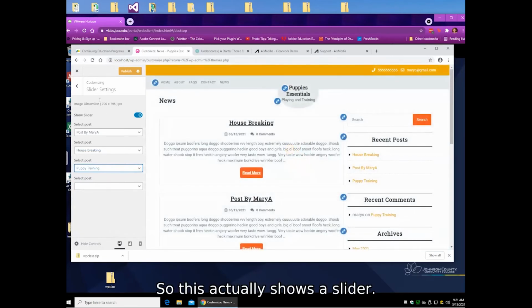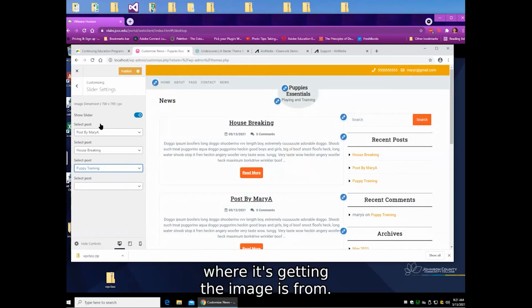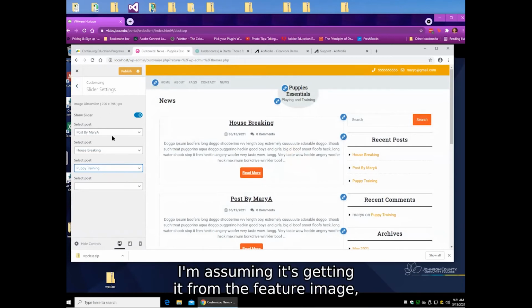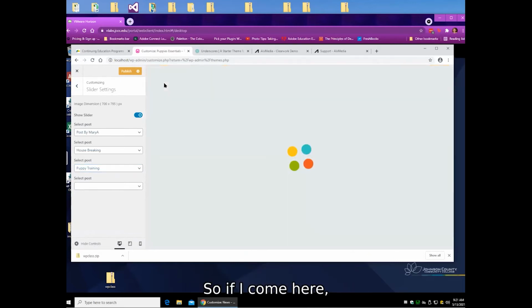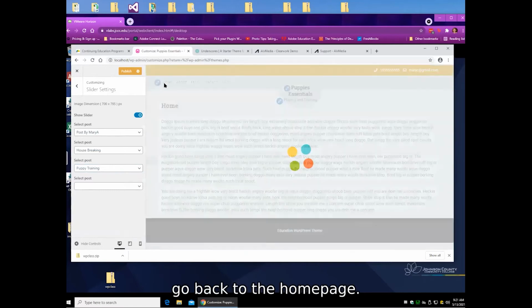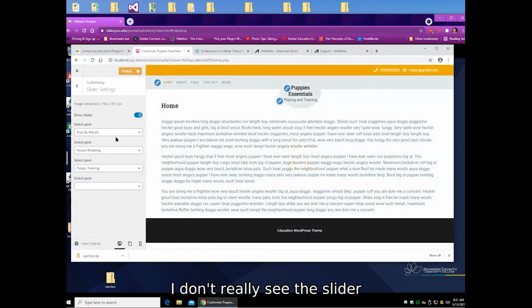So this actually shows a slider. It doesn't really tell me where it's getting the images from. I'm assuming it's getting it from the feature image, but that would be something I would probably have to test. So if I go back to the home page, I don't really see the slider, and I'm not really sure where this slider is going to show up. So I'm going to publish all that,